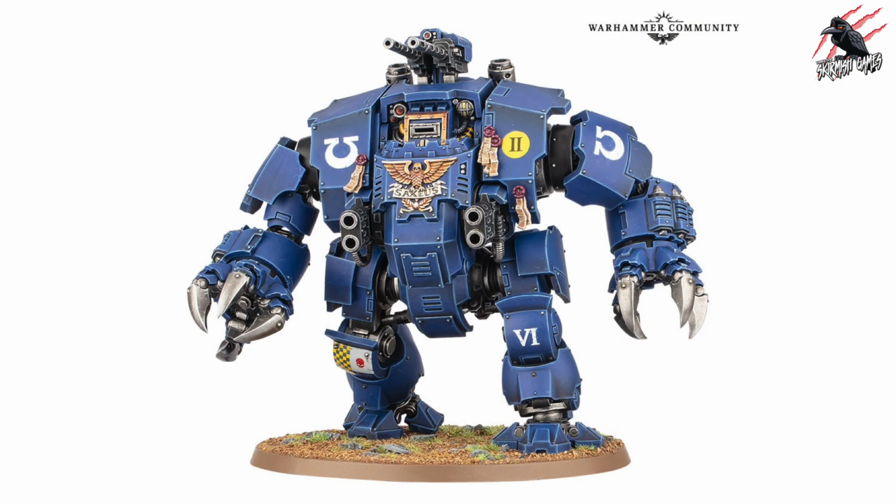If you like your Dreadnoughts to get stuck in with some close combat action, then you're going to love this one, the Brutalis Dreadnought, and he's kitted out, ready to go there. So yeah, great looking model, looks awesome, and he's going to be looking to deal some serious damage on the